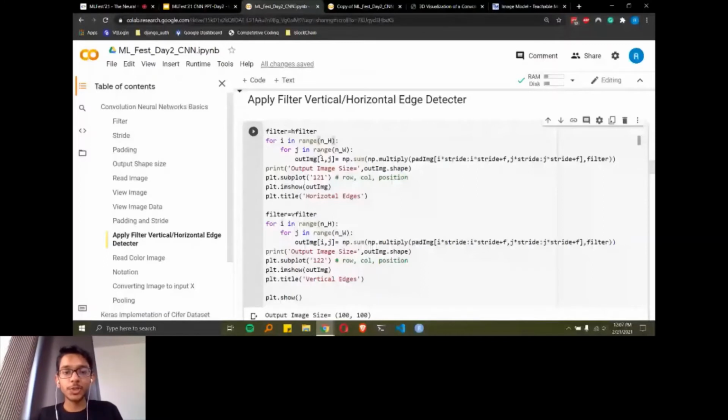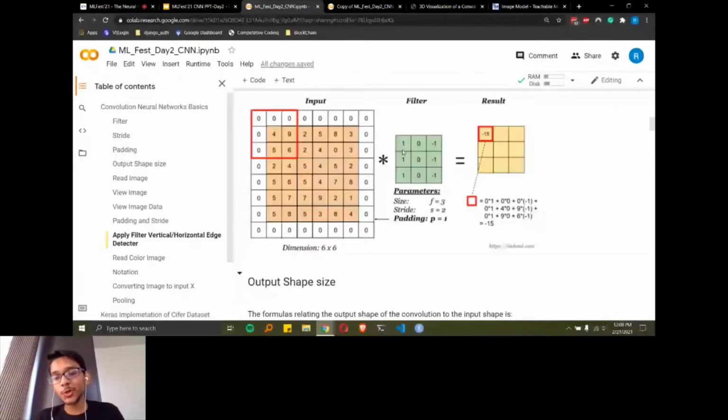Okay. Now output image is nothing but what we are trying to get. So we are modifying the pixel values of the output image, and we are doing the same as we saw in the convolution part. Like we took a 3 by 3 matrix in the slide. In the slides you can also see the filter we took, and we applied the filter over the image and multiplied the corresponding values. Like as you can see over here, I will just show. So this filter was pasted over this input, and these corresponding values got multiplied with each other to produce the outputs, which is -15 for this particular case. So the same thing we are doing with the code itself.